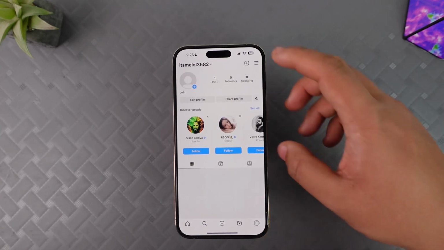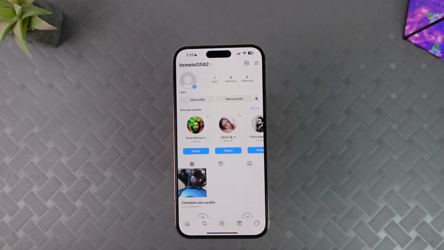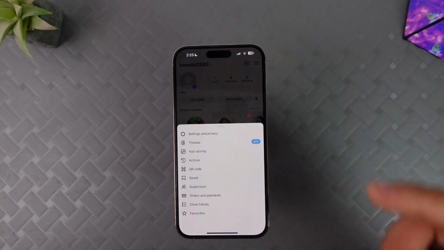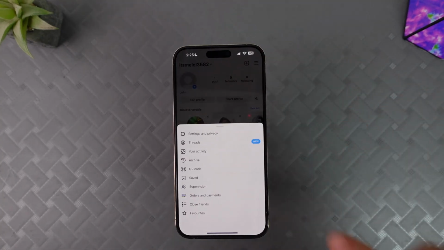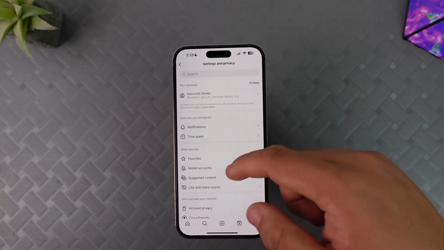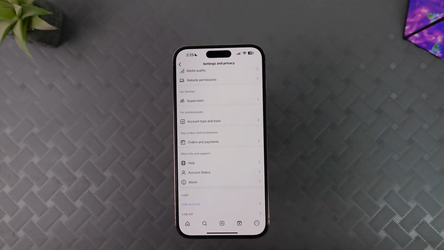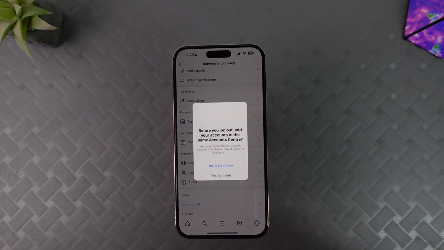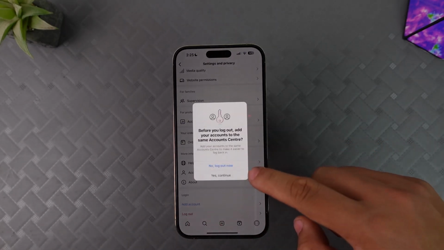After you add your profile, you can see the three lines at the top right of the screen. After you press it, you can see different options. All you have to do is press settings and privacy, scroll down until you see log out of your account. After you go ahead and log out of your account,